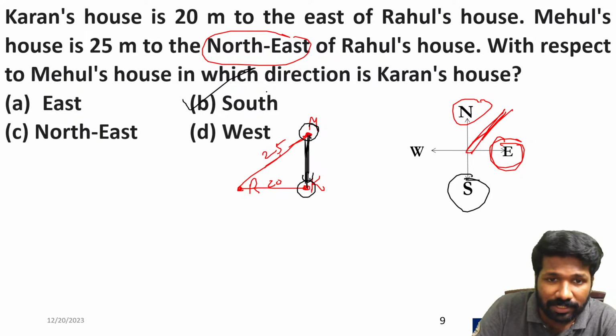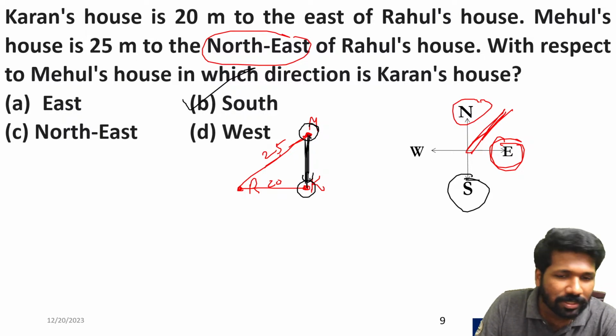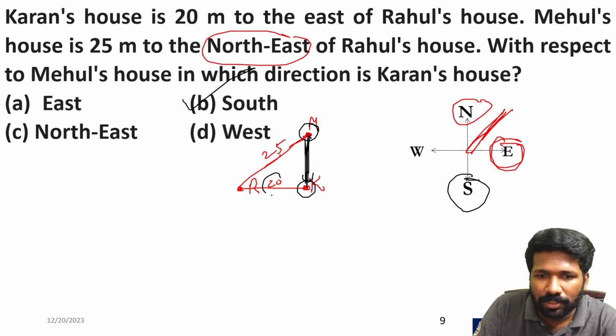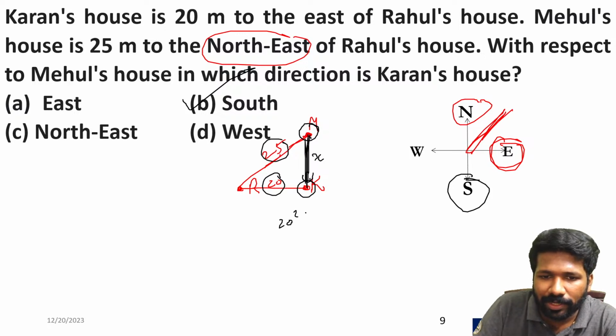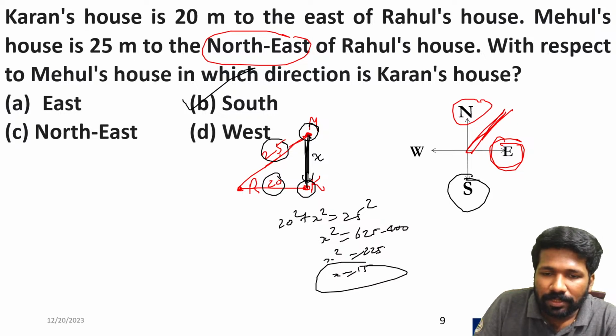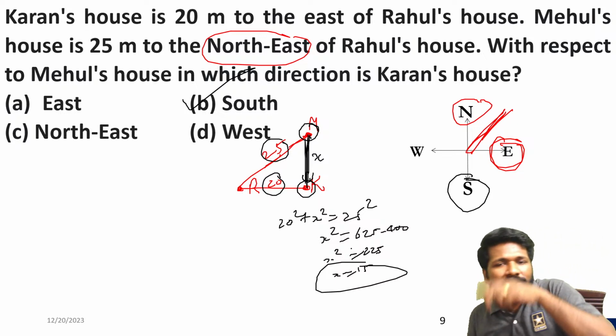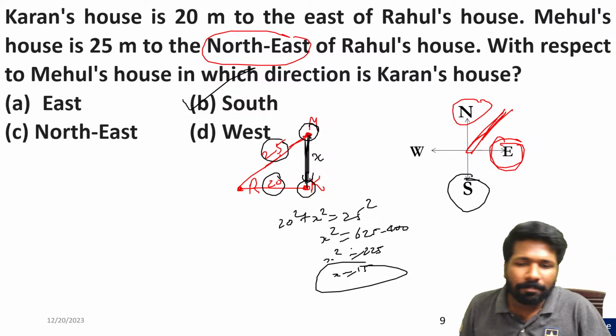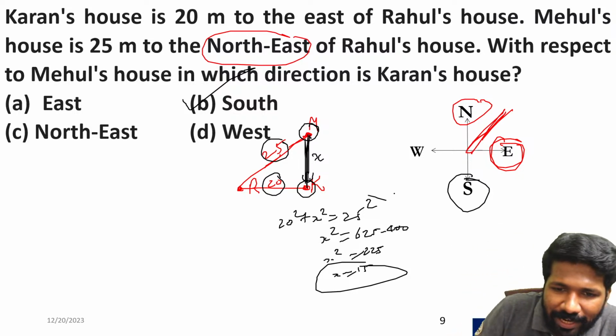If the question was asking how much distance, this is 20, this is 25, and this is the required unknown x. You can say 20 square plus x square is equal to 25 square. And from that you can simplify this. 625 minus 400, that is 225. X square is 225, means x is 15. So if the question was asking how much distance, 15 would have been the answer, but these steps are actually